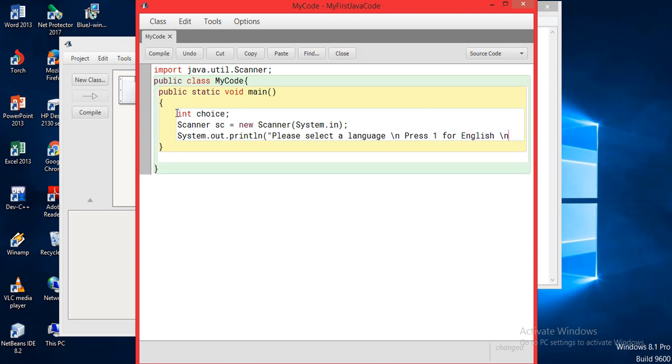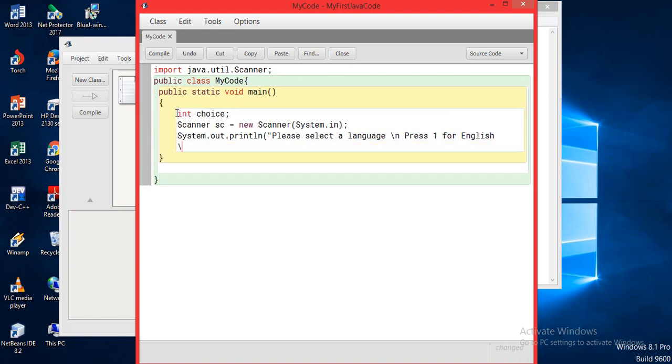Okay, I am giving him another option, so I'll say press 2 for French, then press 3 for Hindi. So I'm giving him 3 options. So there is English, French and Hindi.